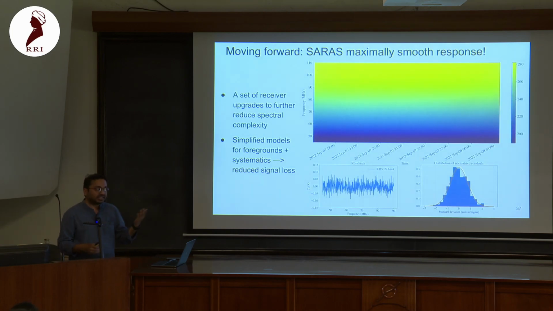Towards SARAS, since the last observations that happened in 2020, we have done a lot of upgrades so that its response becomes even more spectrally smooth, because that's really the key towards being able to subtract the foregrounds. And that has really yielded very good results. We have been able to get down to some 30 millikelvin in one night, which is again what we expect. And we are not really limited by systematics at this stage, and this is all what we call a maximally smooth function. Therefore, it's a very stringent criterion to be able to model a system response like that.